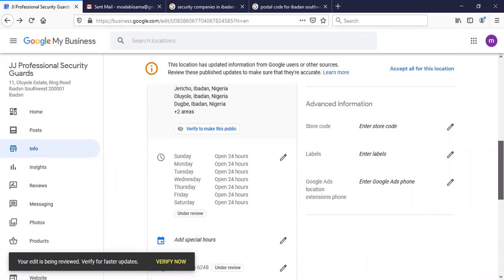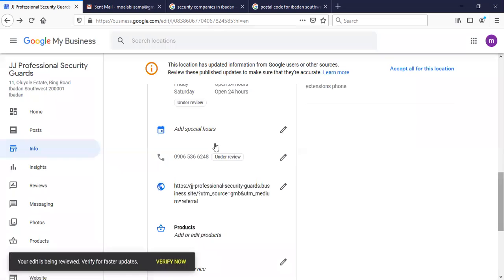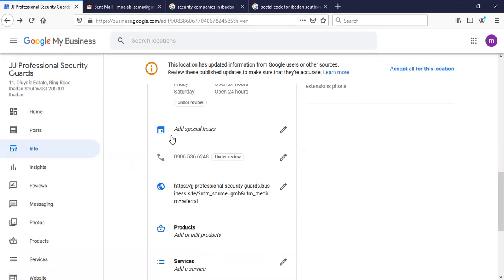Then it says add special hours. Now, normally when you've created your profile, Google will be sending you messages. Maybe, for example, October 1 is coming soon in Nigeria. You might want to create a special profile just for a special hour. Maybe it's supposed to be a public holiday, but you'll be open for like 3 hours during that period. You might create those public holidays, special hours, you'll be open for 3 hours and stuff like that. That's why they have that. Okay, so let's go and look into this.